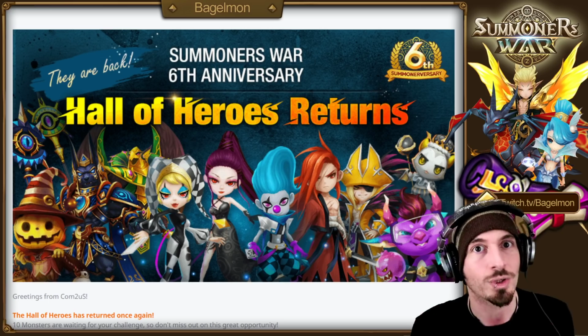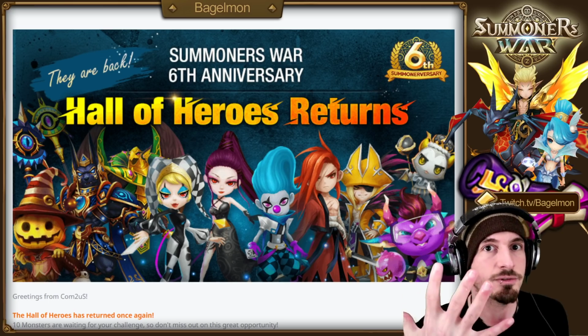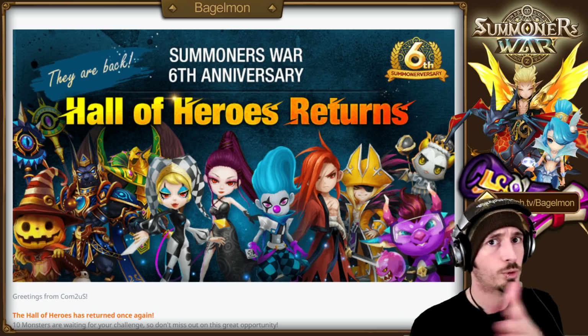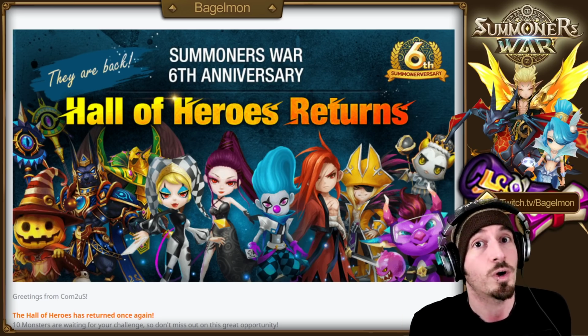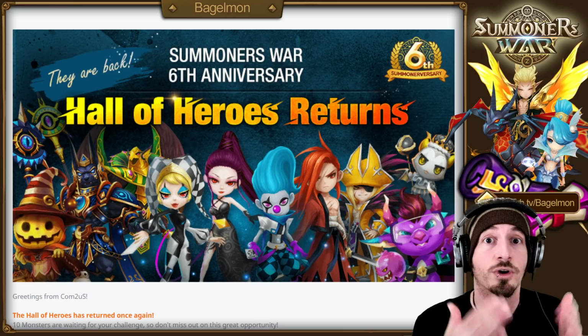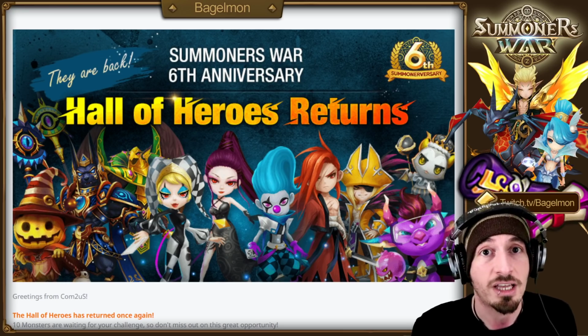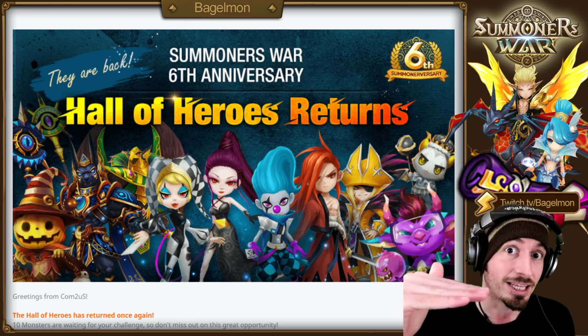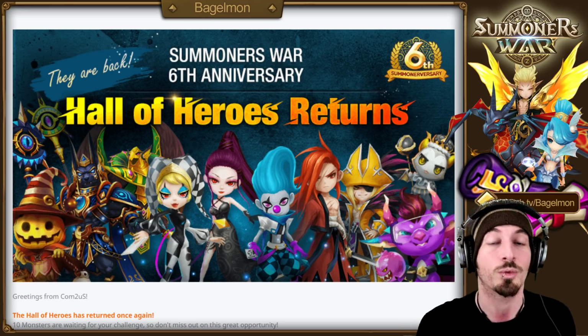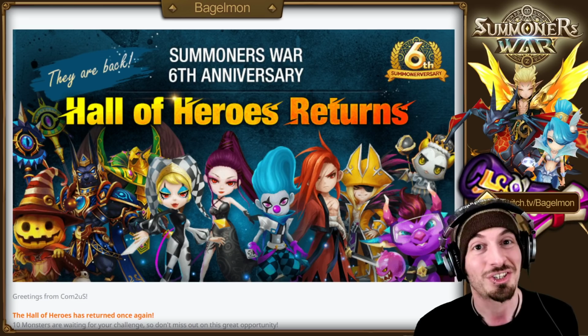So as the usual anniversary Hall of Heroes, there's 5 units to pick from that were from previous Hall of Heroes. There's one of each element, and then you're like, which one do you want? And then once you lock that in, you can only farm that Hall of Heroes for the anniversary Hall of Heroes. So they're doing that once, and they're doing it again for a second one with 5 different units,